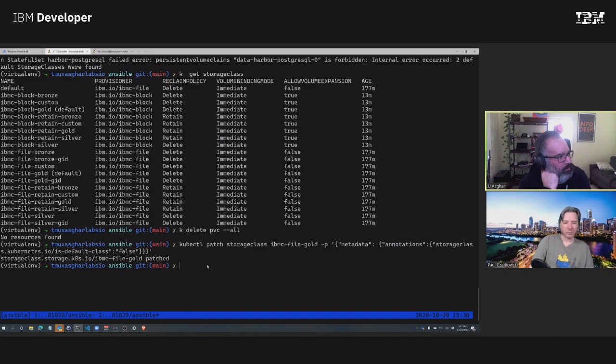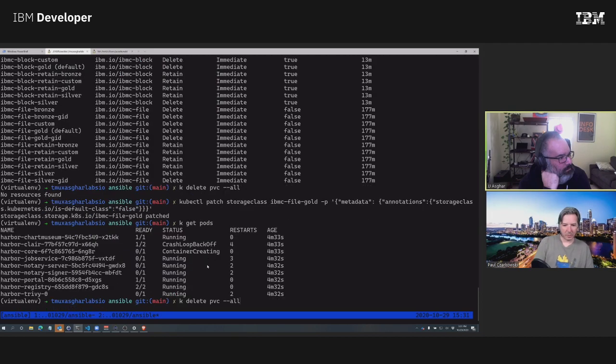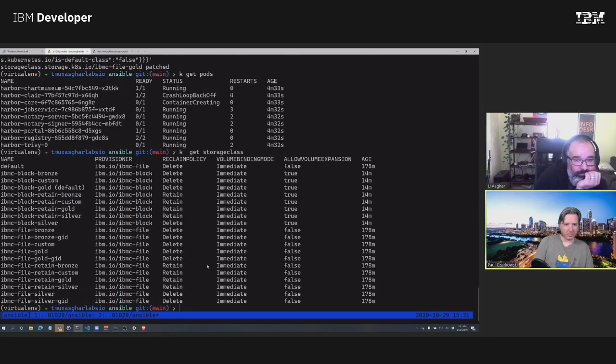Show it again, storage class. I don't trust it. You probably have to do it again too, completely. Okay, so there's only one default there, which is block gold.